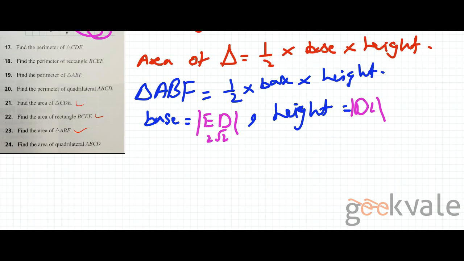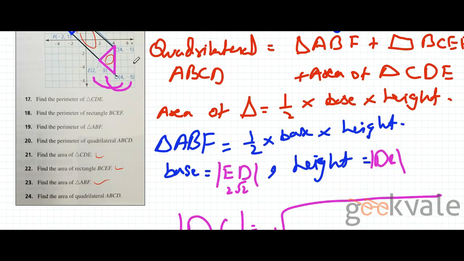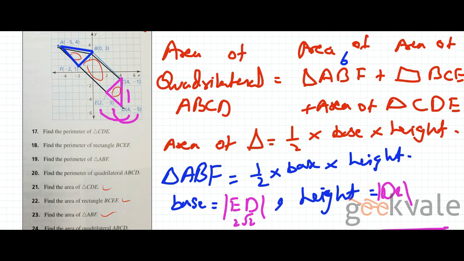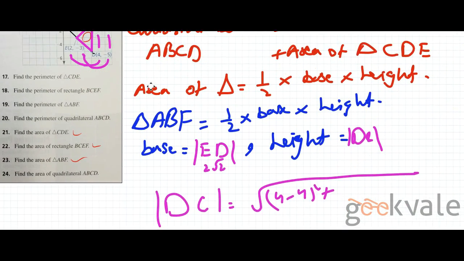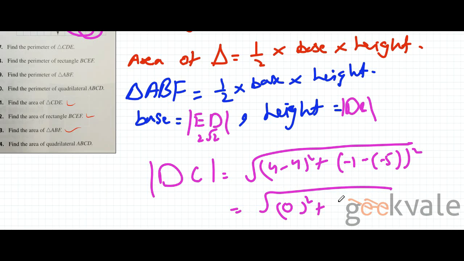The second thing that we need is the distance DC. The distance DC will be, again using the distance formula, x2 take away x1, which in this case is 4 take away 4 whole square, plus y2 minus y1, minus 1 minus minus 5, whole square, will be 0 square plus minus 1 plus 5, sorry, minus 1 plus 5 whole square,